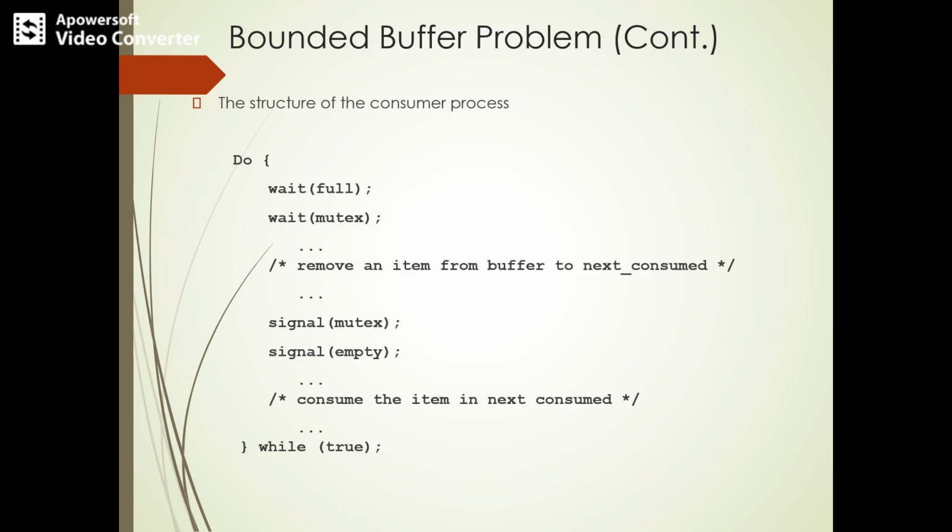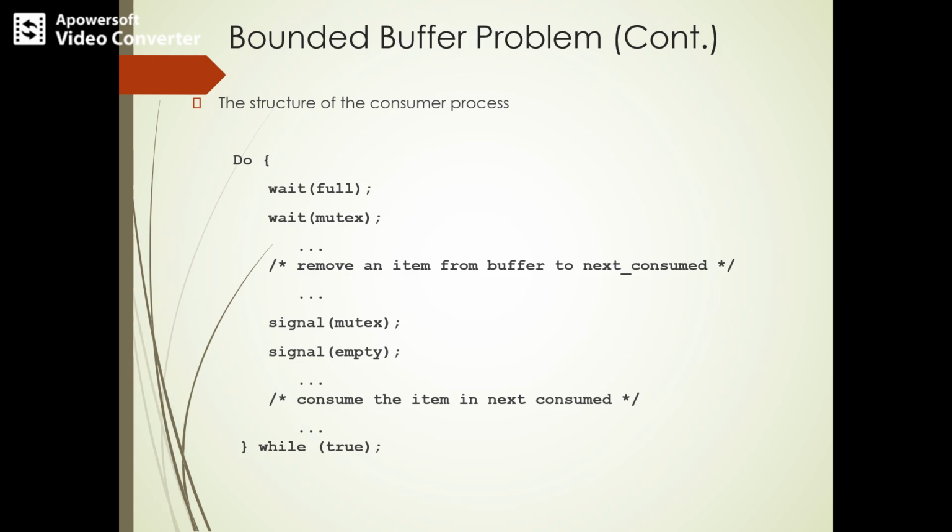So coming back to this consumer process, first it waits until the buffer is full. Next, it has a mutual exclusion lock set over the consumed data. So if you want to consume data, it first sets a mutex lock. Now it starts removing the item from the buffer and puts it into the variable called next consume, and it signals the mutex lock.